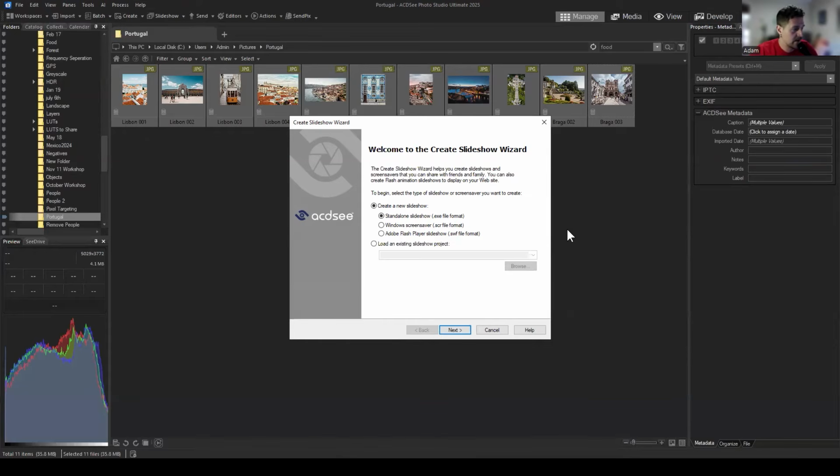For example, as I stated, I think there's only really one option here, and it's the standalone slideshow, and I'll explain why. The Windows screensaver saves a Windows screensaver. This is something you could use to display a screensaver on Windows if you wanted to. However, this isn't really something you'd want to save or send to others because it's intended for display purposes